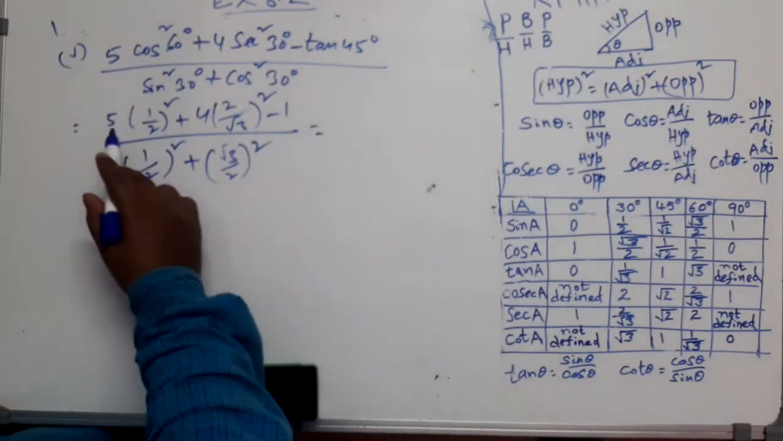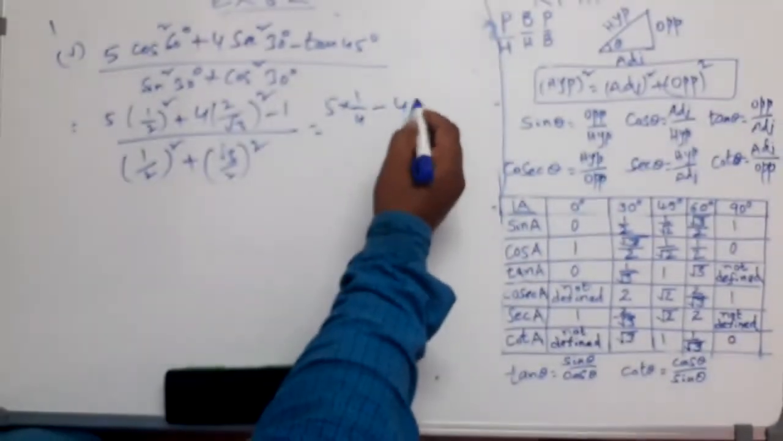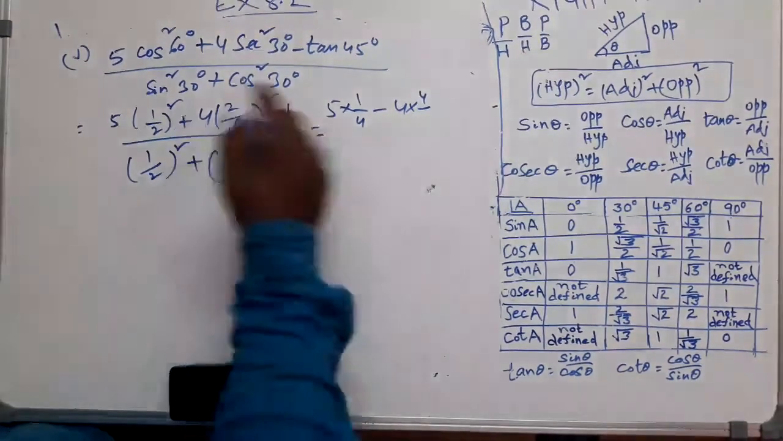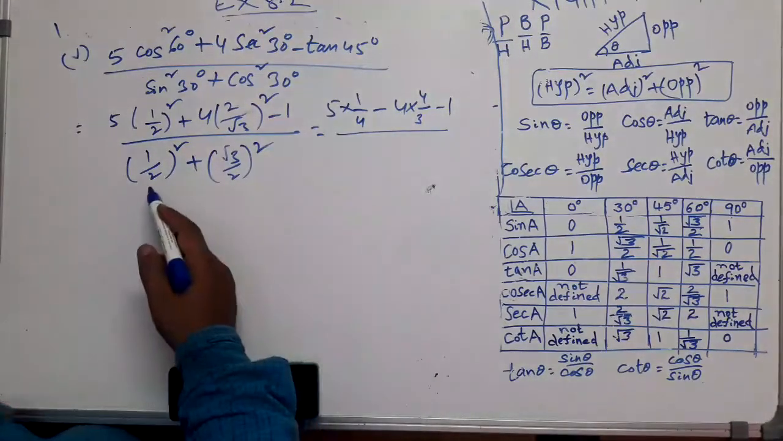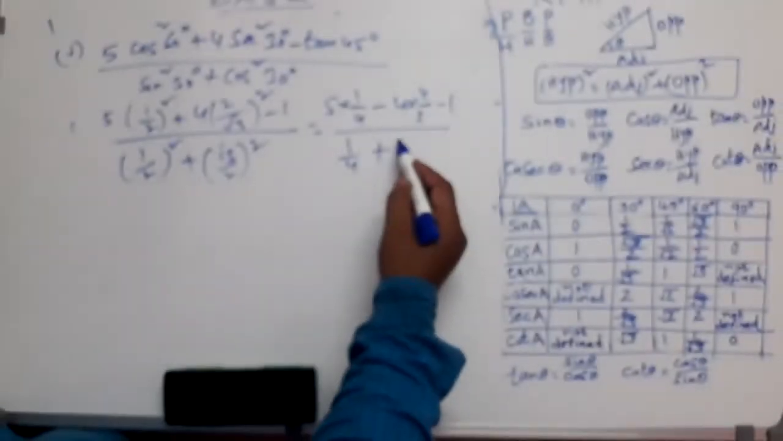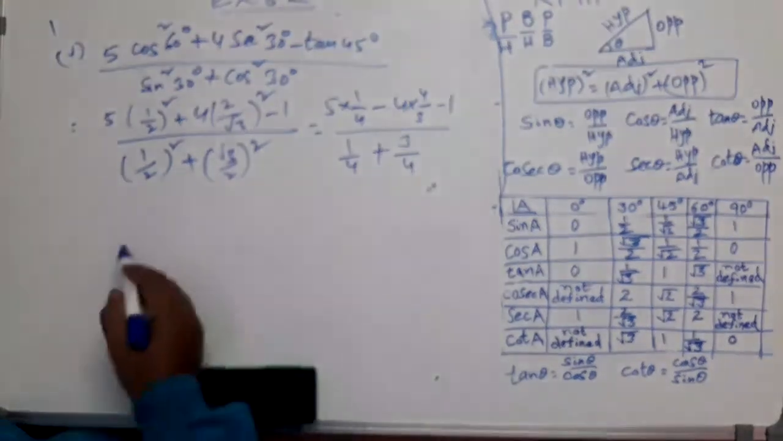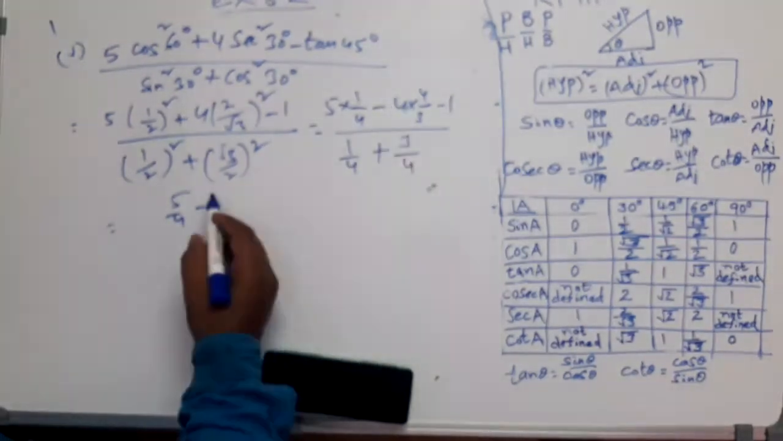Yes, let us simplify further. This is 5 multiplied by (1 by 2) square, which is 1 by 4, minus 4 multiplied by (root 3) whole square upon 2 square. 2 square is 4, root 3 whole square is 3, minus 1 upon (1 by 2) whole square, which is 1 by 4, plus (root 3) whole square upon 2 square. Root 3 whole square is 3 upon 2 square is 4. Let us simplify further. This is 5 by 4 minus 4 multiplied by 4, which is 16 by 3 minus 1